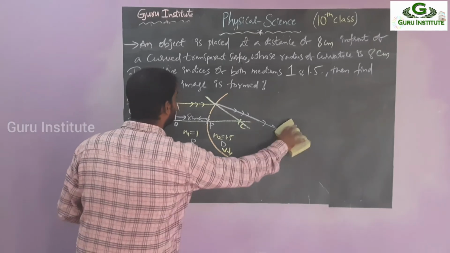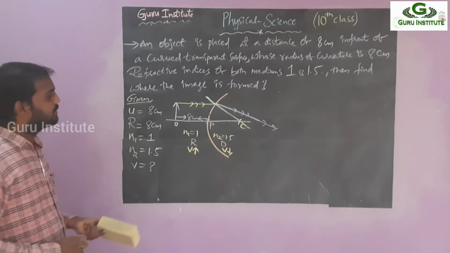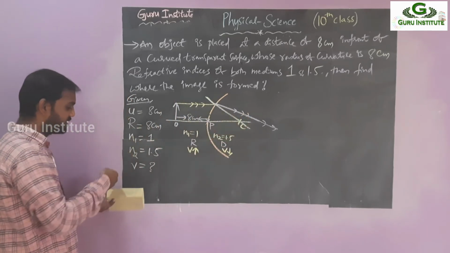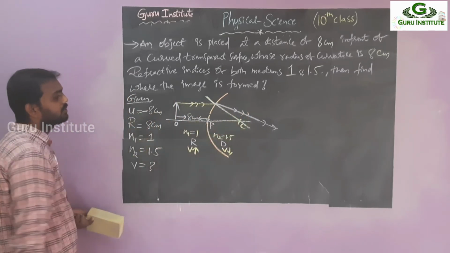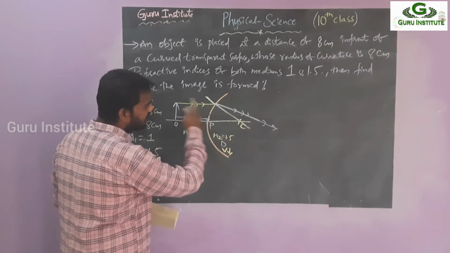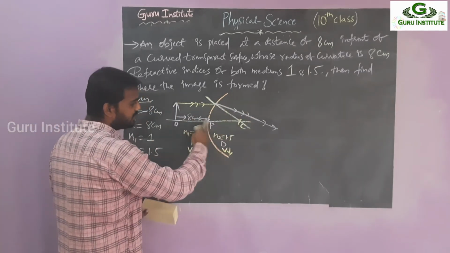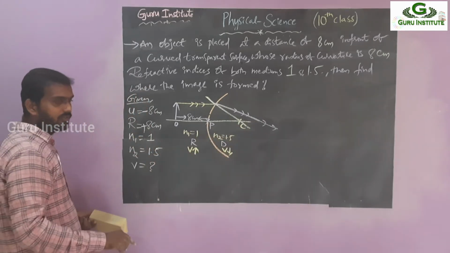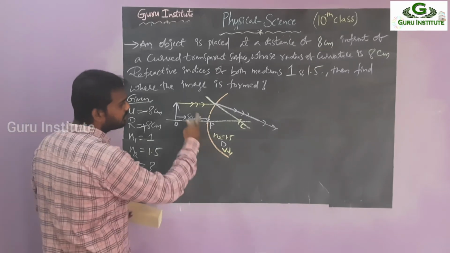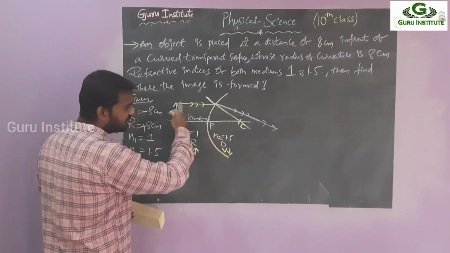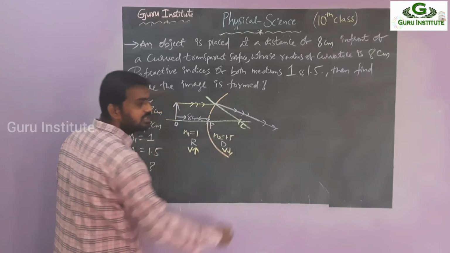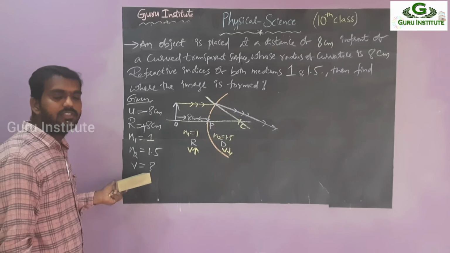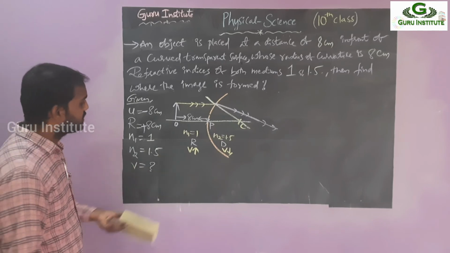Right. Then, what is your concept? Just simply see here. The PO rays go in this direction, and PO is in the opposite direction, so you can take the image as negative. The PC rays are going from left to right, and PC is also from left to right, so this is positive. For N1 and N2 there is no need of application. Then V, what V will you get? It is also moving in the same direction. P, that is one, the image. Right. Let's apply the curved surface formula.